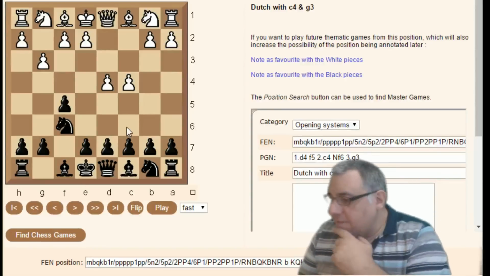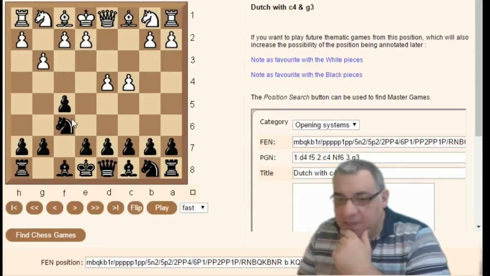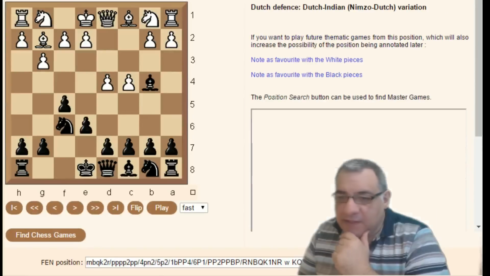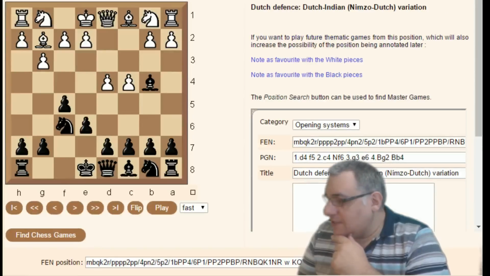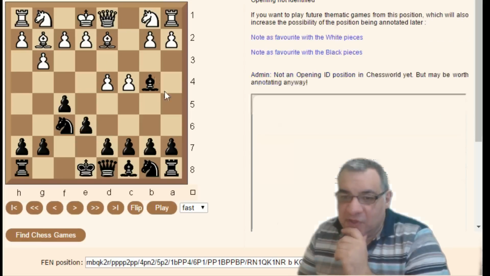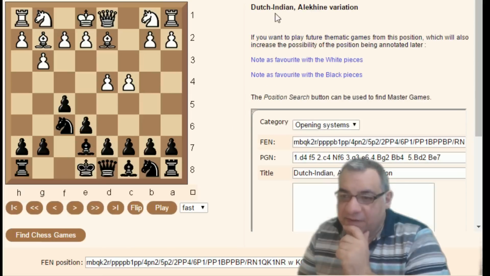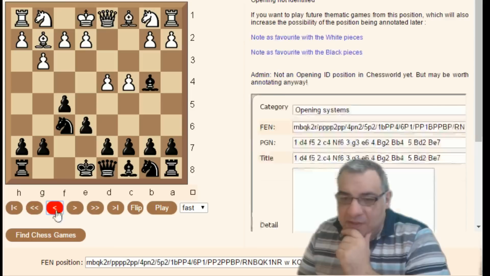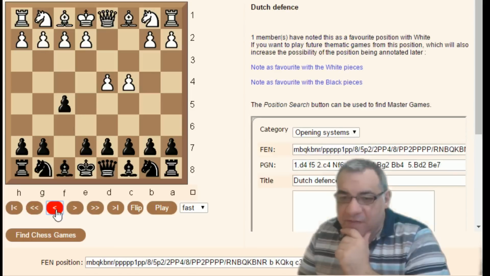d4, f5, g3, e6, bishop g2, bishop b4 check. We're going into the Dutch-Indian variation with bishop b4 check. If bishop d2 and the bishop goes back, this has been played, I think, by Alekhine. Alekhine variation, Dutch-Indian Alekhine variation. There's also another Alekhine variation, d4, f5,